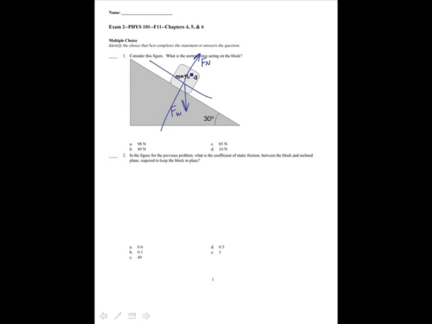Draw my coordinate systems look like this. This angle is 90 minus 30, that's 60 degrees. And my normal force is going then to equal the y component of the force weight, that's this component, which is Fw sine of 60. Since the acceleration in the y direction is 0, I can say the sum of the forces in the y is Fn minus Fw sine 60 is equal to 0, so Fn equals Fw sine 60,